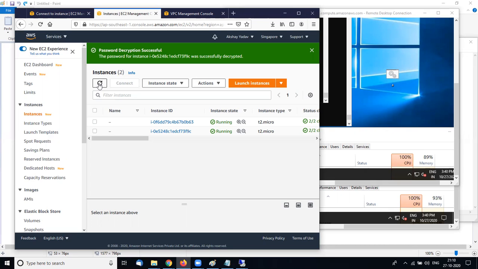For how long should the load continue? Suppose you are giving 50% load in the metrics, but for how long should that 50% load continue?